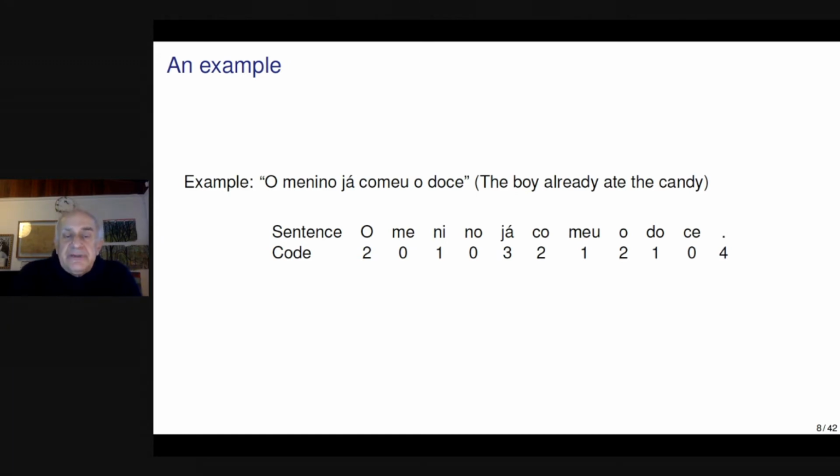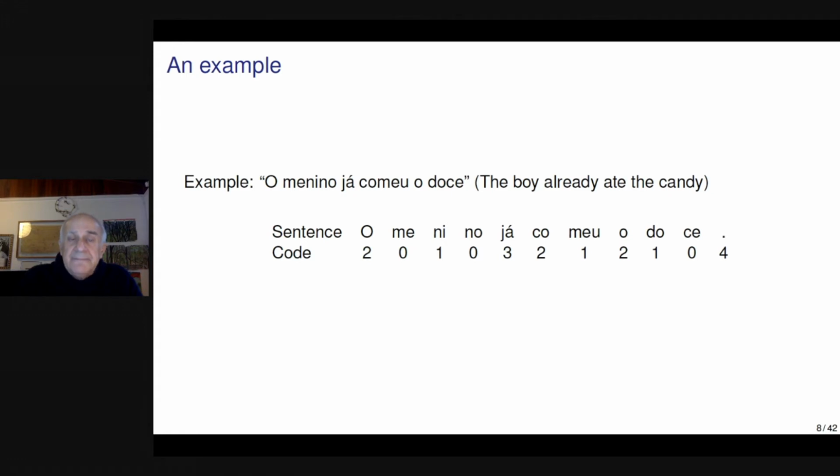So, in Portuguese, "o menino já comeu o doce." "O menino" is a prosodic word. The first syllable, "o," is the first syllable of the prosodic word, but it's not stressed. The second syllable, "me," is not the first syllable of the prosodic word, and it's not stressed, so it is encoded by